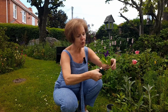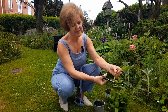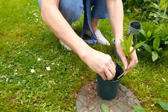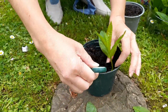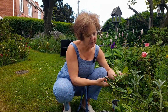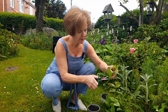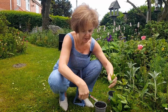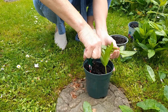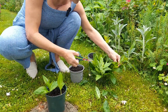So actually I'm going to cut those leaves off as well. I'm going to cut the bottom of that stem off because you don't need it very long, and then just make a little hole in the soil, and I'll show you how quick this is. And in about, I would say, 4 or 5 weeks, these will all have rooted, and you'll have